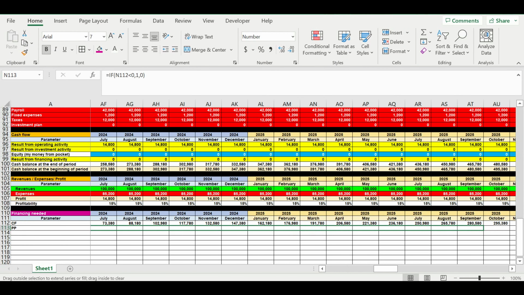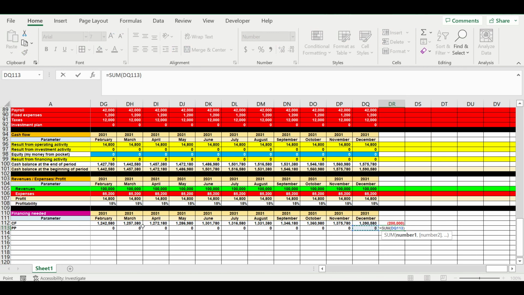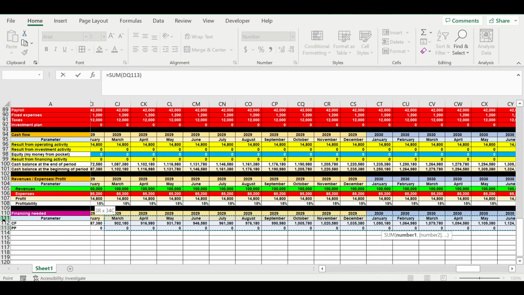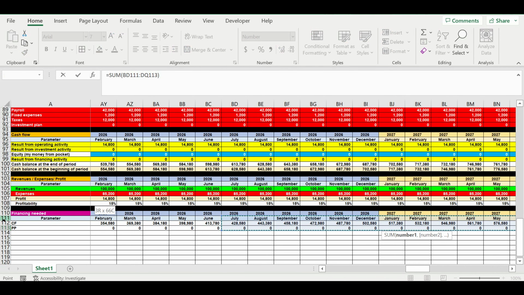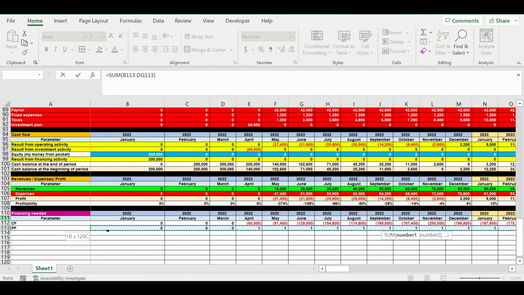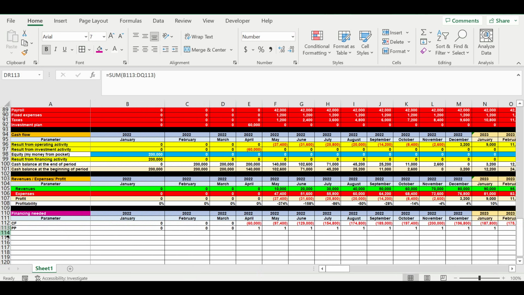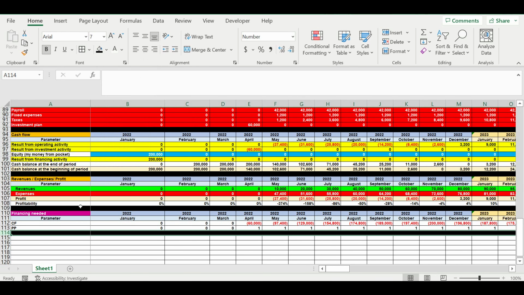So when reds turn to blacks in line 111, this means that we have a payback. Then let's create total for this line. So now we know that the payback period is 23 months. We can put it a little bit closer. So payback period,